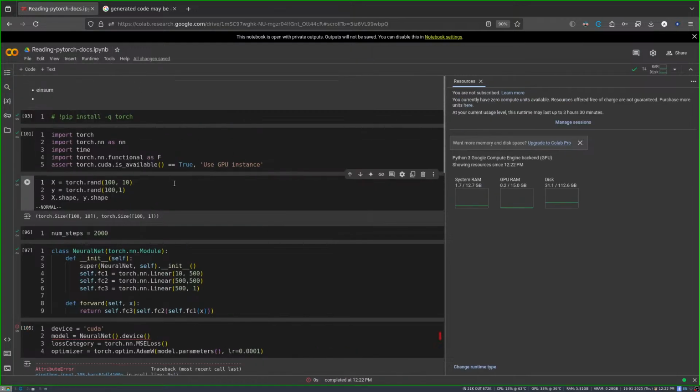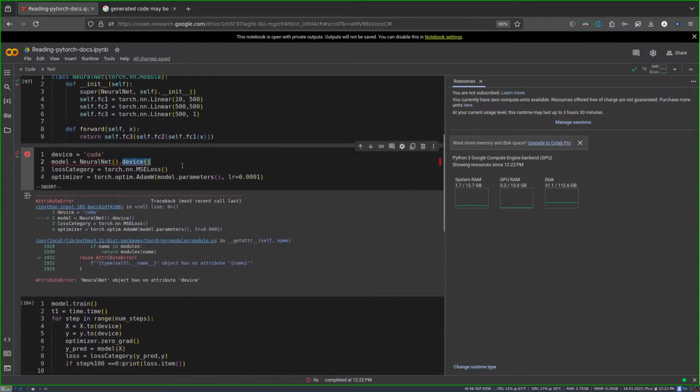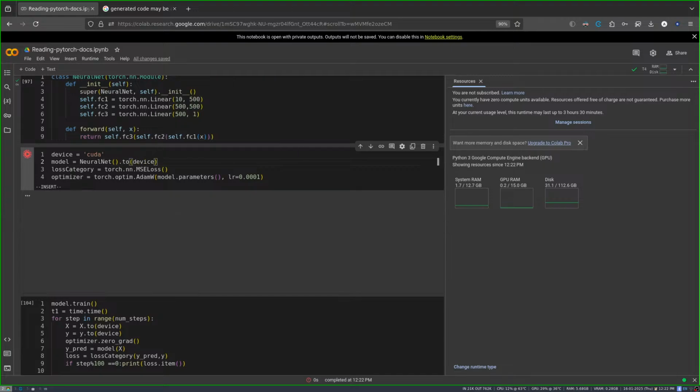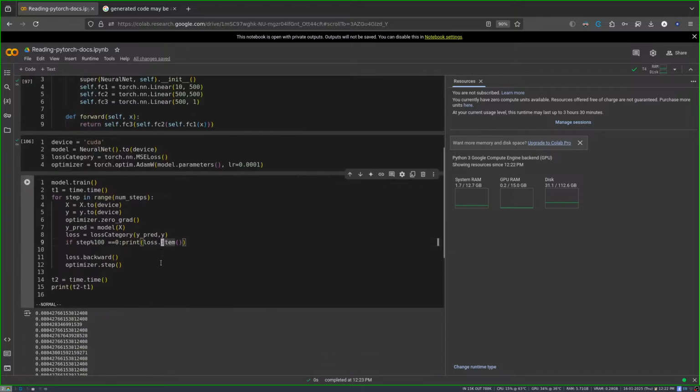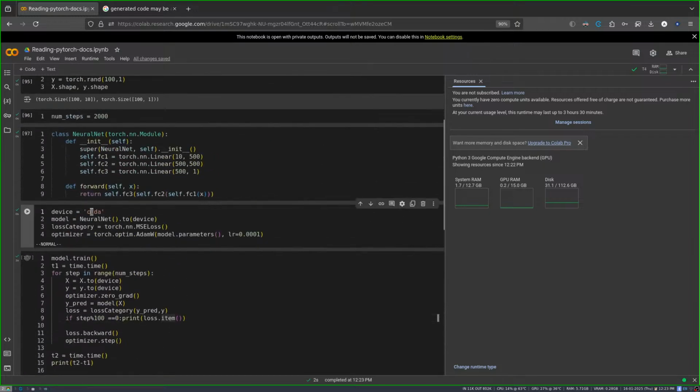Yeah, obviously. So let's do to device. Obviously, 2.6 seconds. So if I change this to CPU,